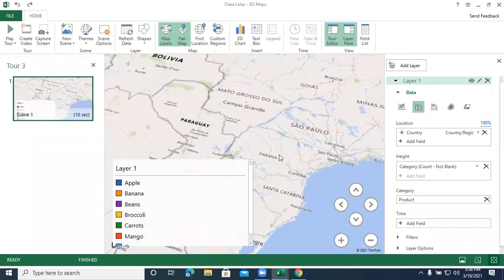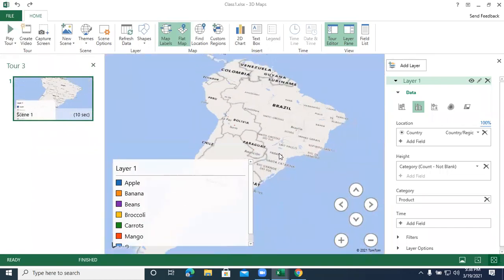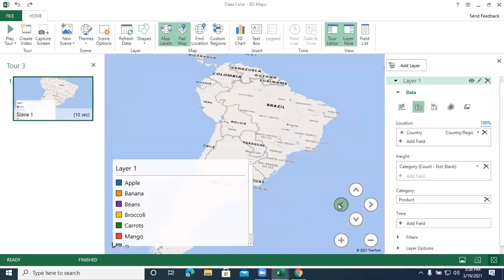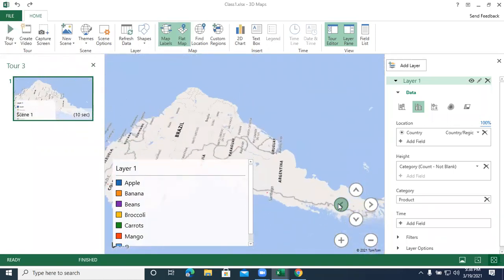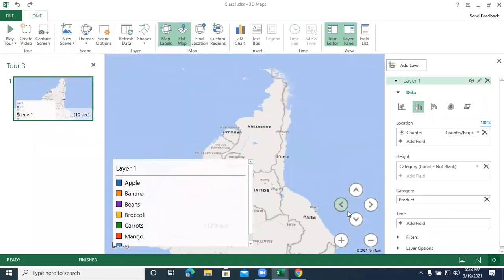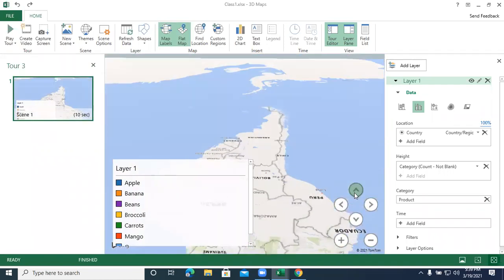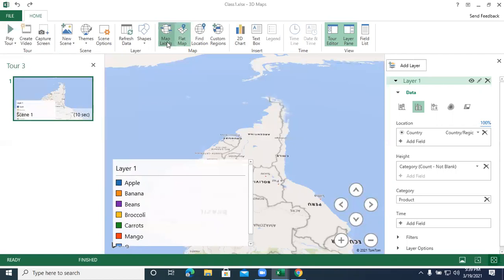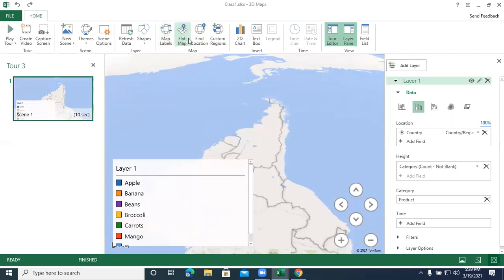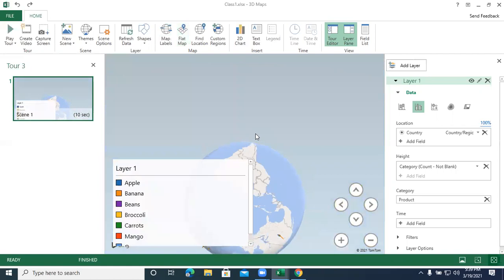You can also make your map flat. Any doubts?